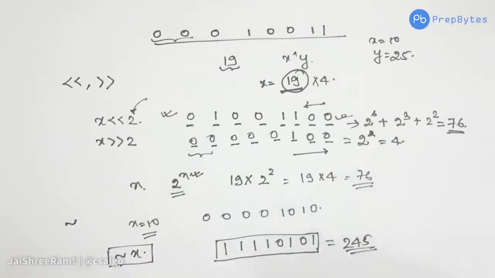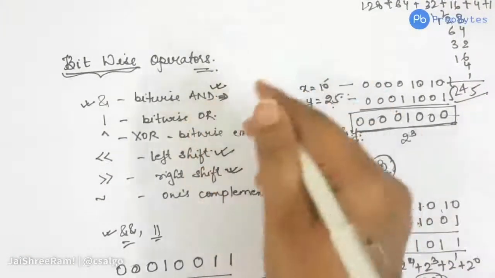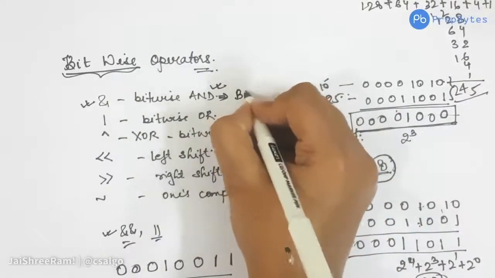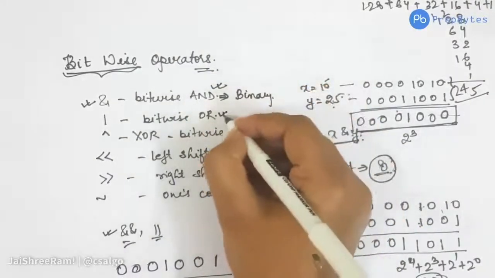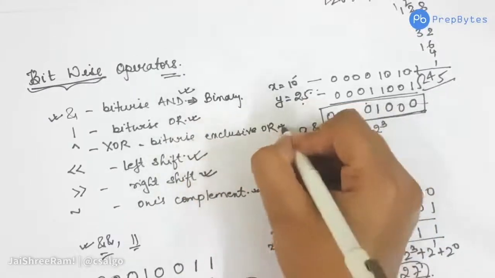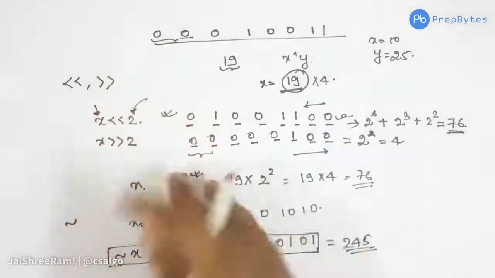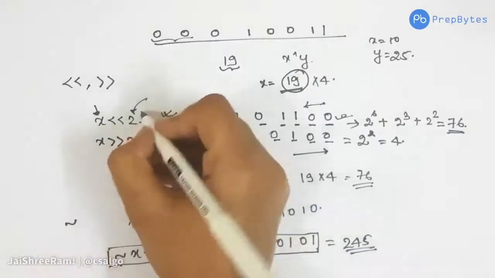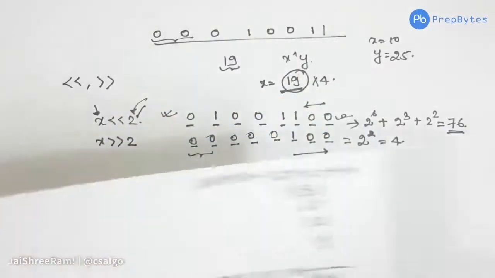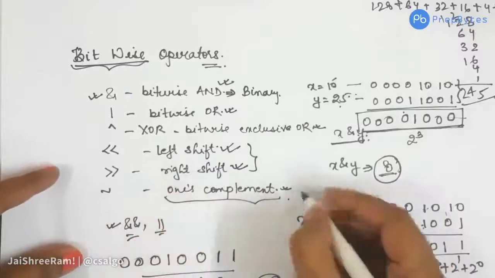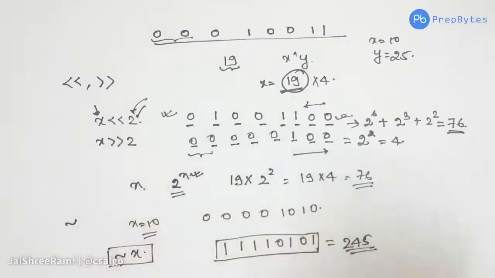Now, whatever bitwise operators we have seen till now, are they binary or unary? For bitwise AND we need 2 operands, so this is binary. Similarly, in this case we need 2 operands. For XOR also we need 2 operands. For left and right shift also we need 2 operands. One is the operand we want to shift, and the second operand is the number of shifts that we want to do. This 1's complement is the unary operator, so we are performing this on a single element. So this is a 1's complement.